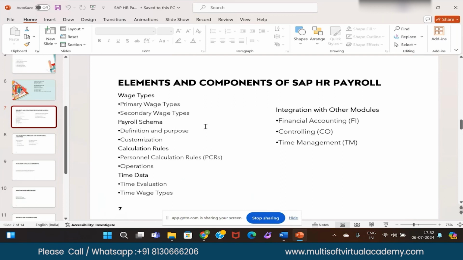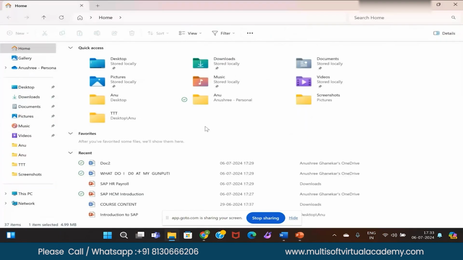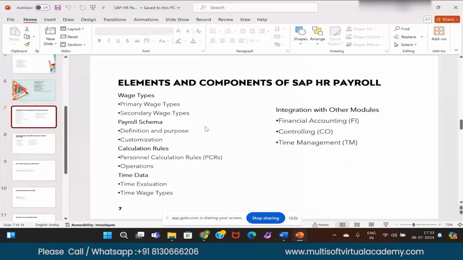So then comes payroll schema. Payroll schema is nothing but the instructions you define to the system to run a payroll in a specific manner.